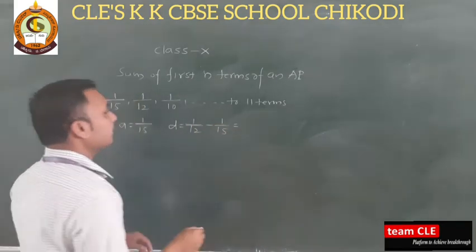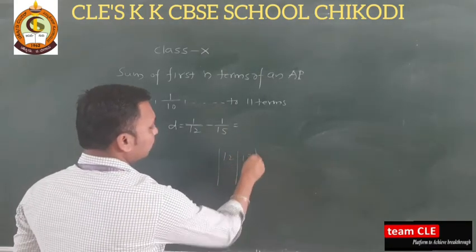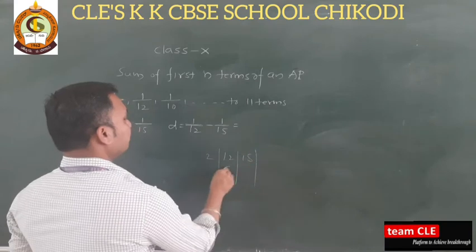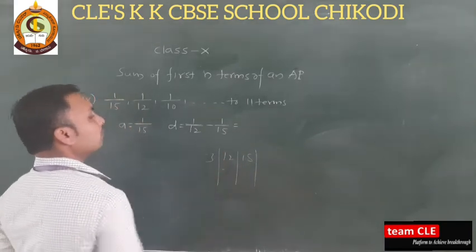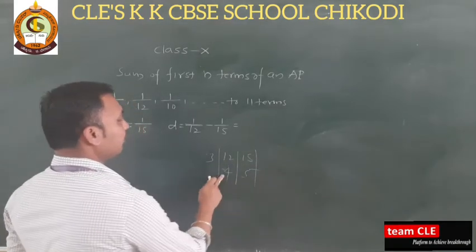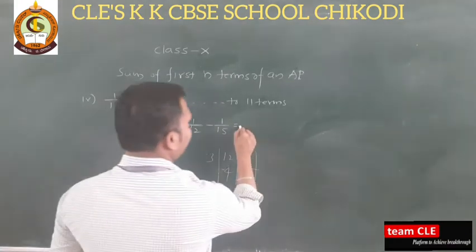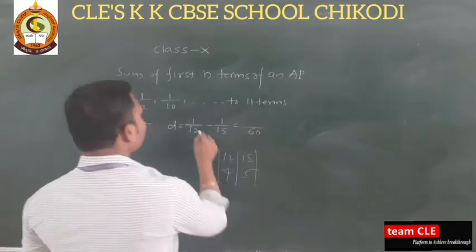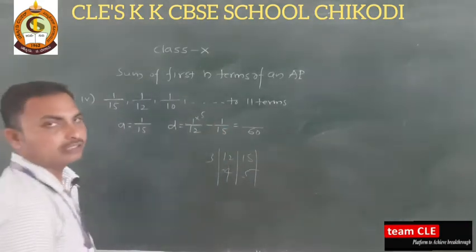Okay, we can take the LCM. So how to find LCM? This is 12 and this is 15. 2s are 2, is there any possibility? No, we can take 3s are. 3 4s are 12, 3 5s are 15, 4 into 5 is 20, 20 into 3 is how much? We will get 60. So LCM is 60. 12 5s are 60, 15 4s are 60.